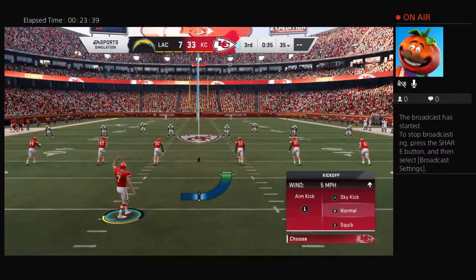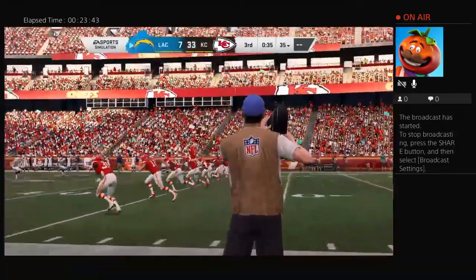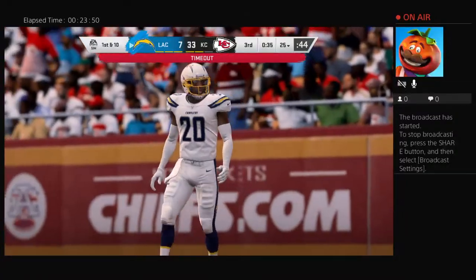So this drive spans 7 plays, and it winds up with the Chiefs hitting pay dirt. Now after the touchdown, here's Butker on to kick it away. Now the defense going to use